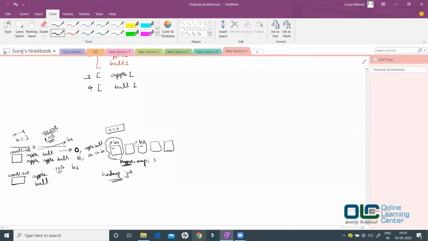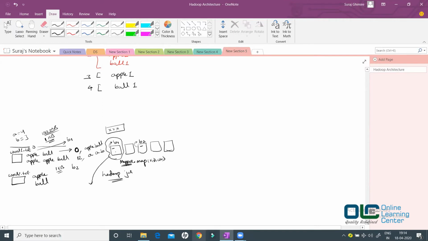Okay, now that is what is going to be processed under your map, right? So in your map you have key, you have value, and you have context. Again, as usual, I have nothing to do with my key. I will just ignore the key while processing it. All I need is value, and I'll split my value based on space. I'll get an array, and for each element within that array, I will just say word comma 1 every time, right?